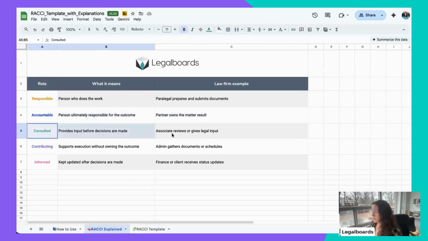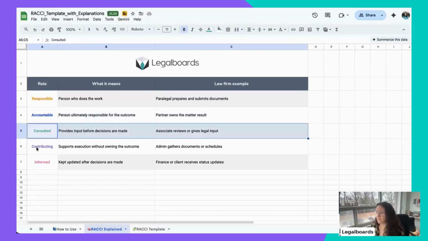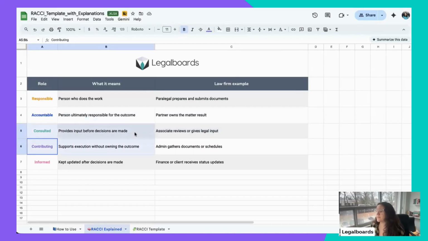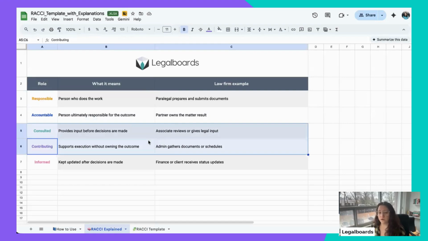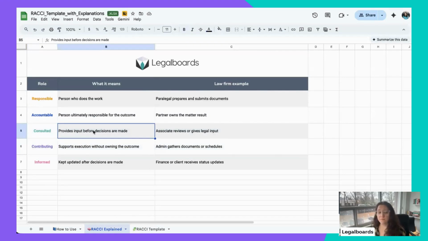Then we have the consultant. This is something that I think the consultant and the contributor are more specific for law firms. We sometimes have someone at the firm, the advisors, the partners, they have specialists, and the team could use them to consult and to make sure they are going in the right direction.